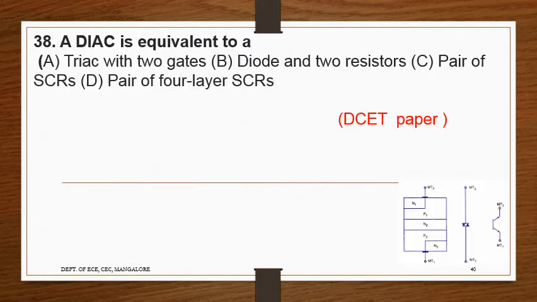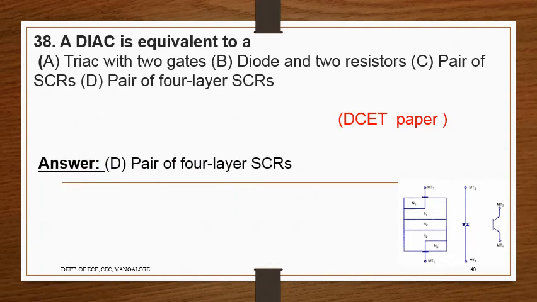A diac is equivalent to a triac with 2 gates, diode with 2 resistors, pair of SCR, pair of 4-layer SCR. So I have given a picture over here for you to have an understanding of a diac. So what we have here is a pair of 4-layer SCRs. The answer is